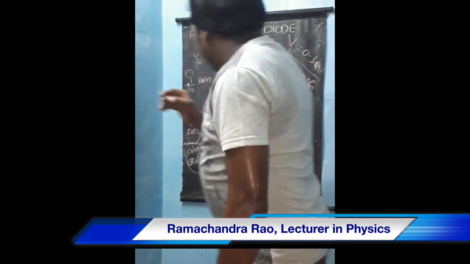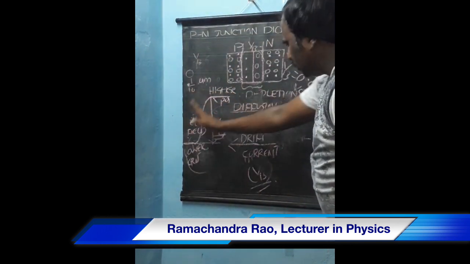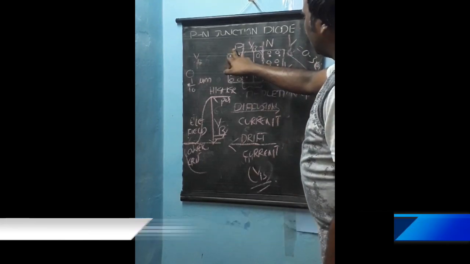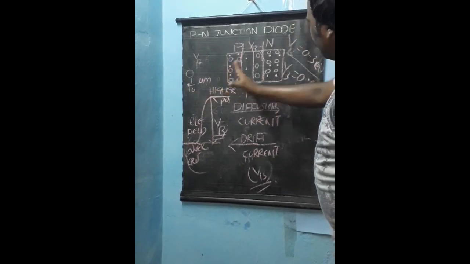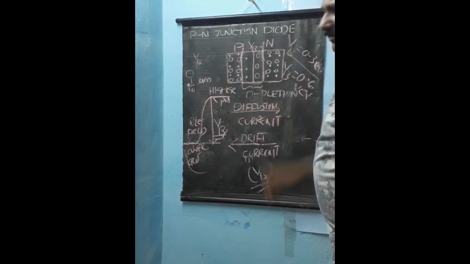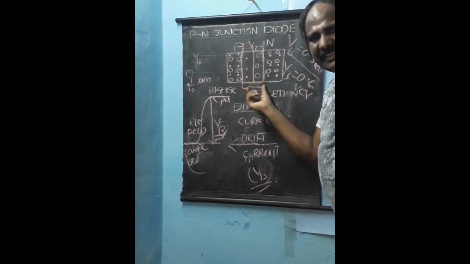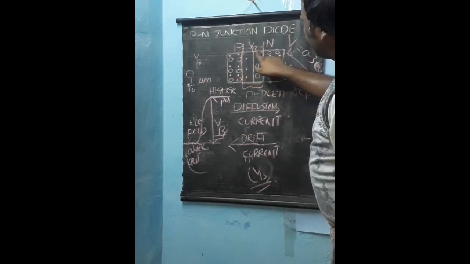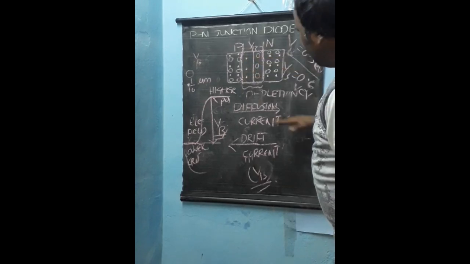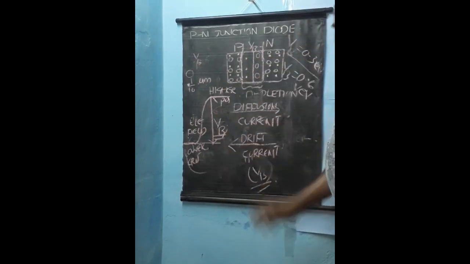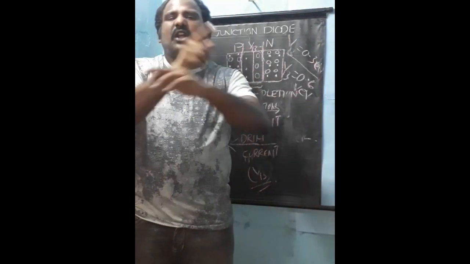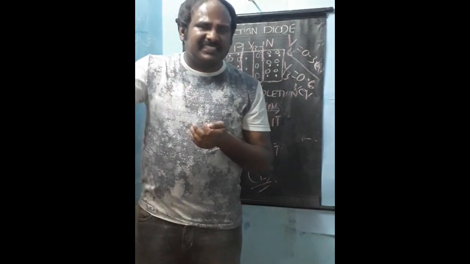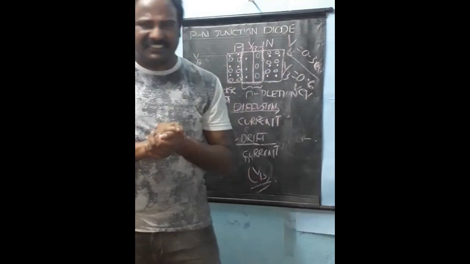Always the direction of electric field will be from positive to negative. So P holes, N electrons. So the direction of diffusion current will be positive to negative, meaning from P to N. If you see in depletion layer, it will be from holes to electrons. Holes have positive charge. So the direction will be in such a way. So both the directions of drift current and diffusion current are opposite. At equilibrium, the sum of the currents is 0, as both are acting in opposite directions.